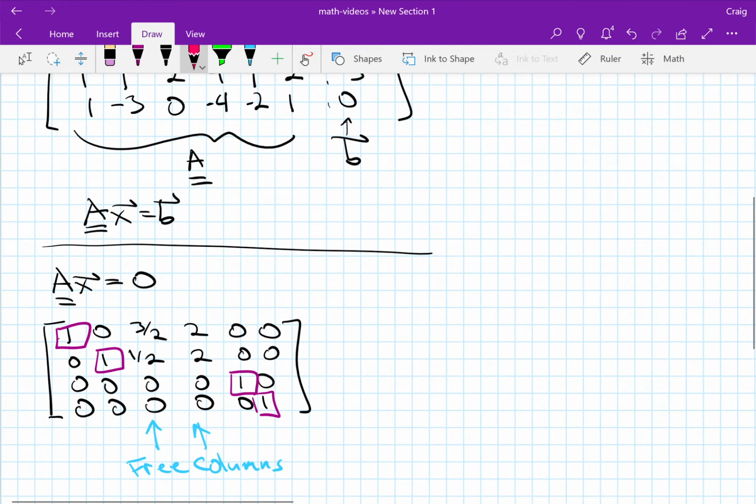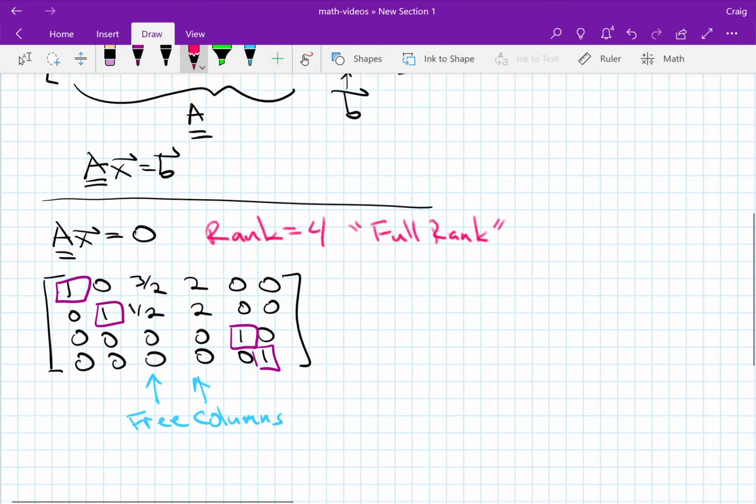So the rank is equal to 4, that is, its full rank, because for a 4 by 6 matrix we could only expect to have at most 4 leading ones, and in fact we do have all 4 leading ones, so it is full rank. There are no leading ones that are missing, and we have to have at least 2 free columns, and it turns out that we do have those 2 free columns, but no more than 2. So we have 4 leading ones and 2 free columns, so this 4 by 6 matrix is full rank,